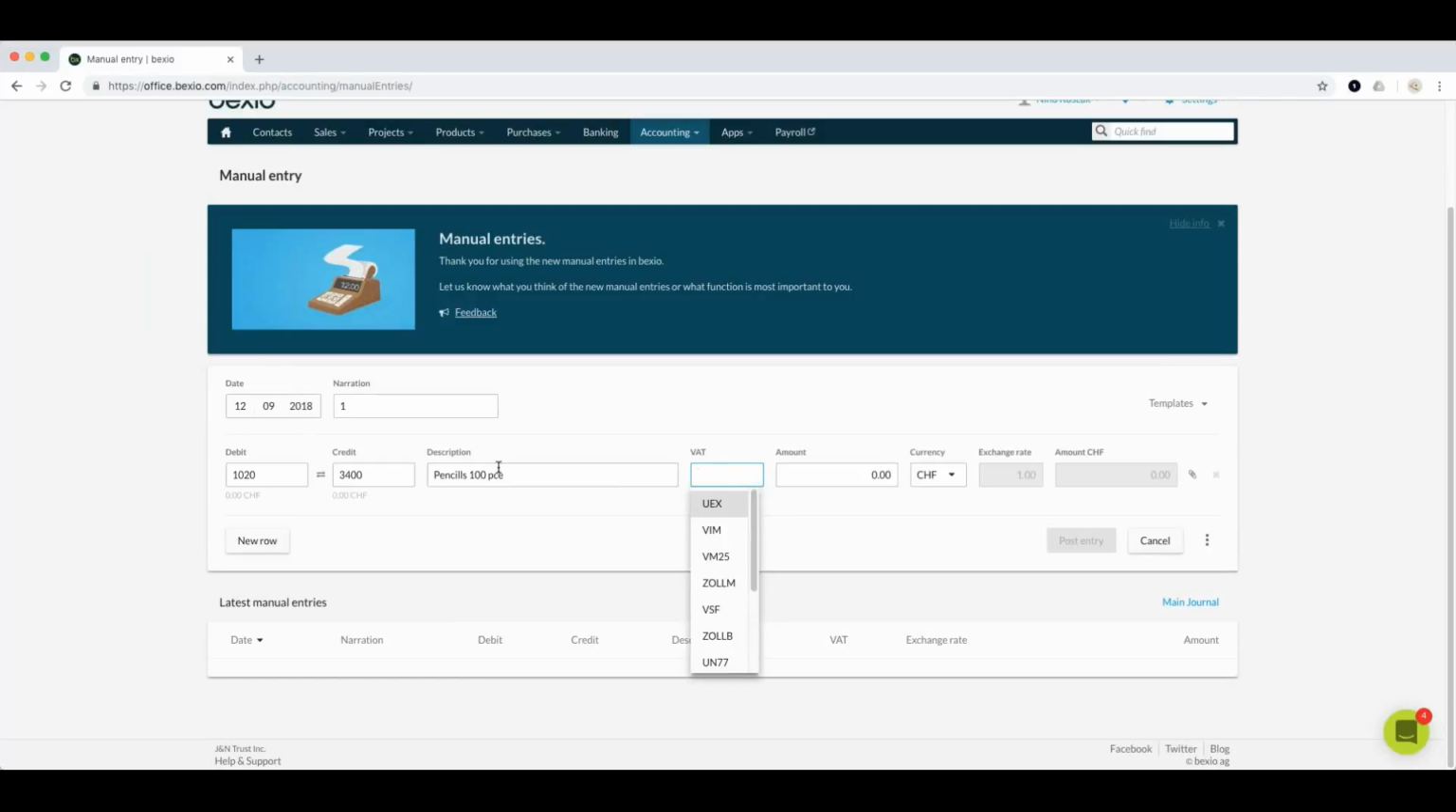Here I can choose the VAT rate. In my case, it's this one. So sales VAT, and the amount that the customer paid was 150. And from this amount, we will automatically take away the VAT, so you don't have to book this separately. Okay. If you probably have entries that you have to enter in a different currency than Swiss francs, you can